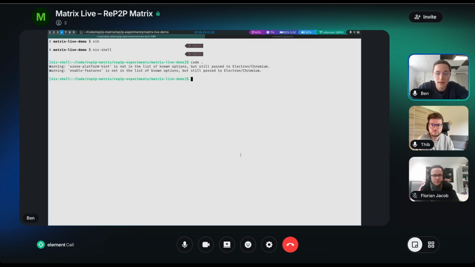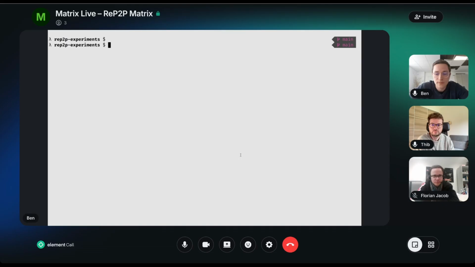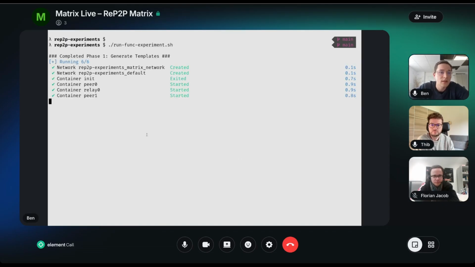Okay, and then I'll share a different screen to run the actual experiment. So now I'll start the experiment. So here we can see different Docker containers. We have a container for peer 0, for peer 1, and for the relay. They're just getting started now and getting running. And after a while,